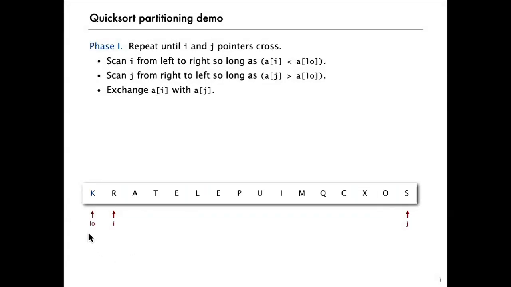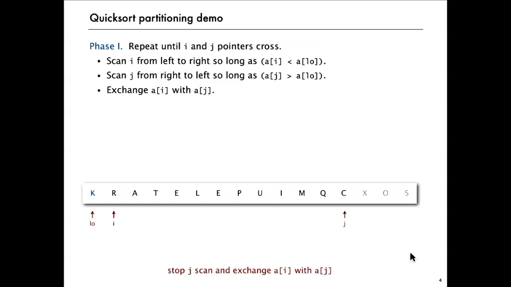So we start again by picking k as the partitioning element. And then our method is to move the i pointer from left to right as long as what we have is less than the partitioning element, and move the j pointer from right to left as long as it points to an item that's greater than the partitioning element. So in this example, the i pointer stops right away because it's pointing to an R, which is bigger than the partitioning element. The j pointer decrements until it gets to the C, which stops there because that's less than